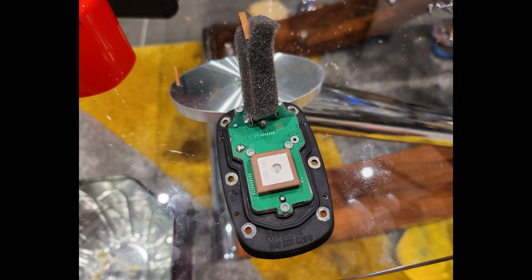So I got the shark fin off. I took the Torx screws out that I could see, and then I actually removed the PCB from the plastic housing that it comes in. So then I could have a look, and it was kind of a bit mucky in there, and it just looked old, really, like it hadn't had any sort of love for a long time. So I gave it a clean up, and I sort of half inspected it, and then I noticed,